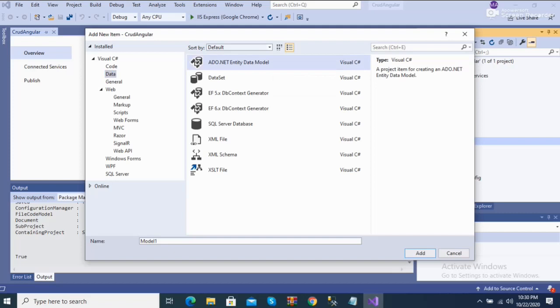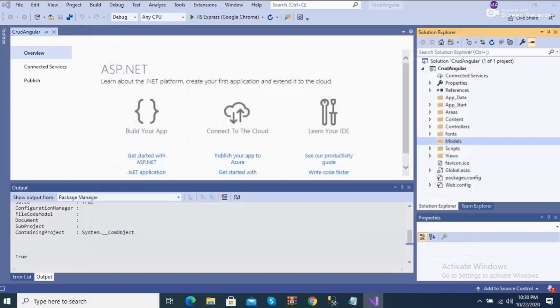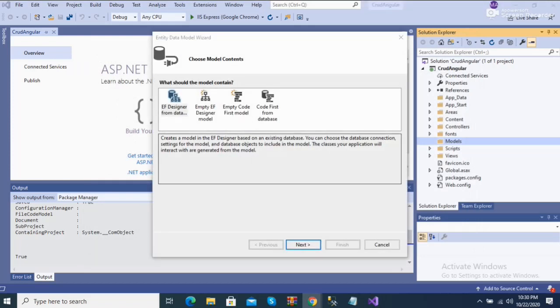Just click on it and click add. I'm going to choose EF Designer from database. Click on the next button.